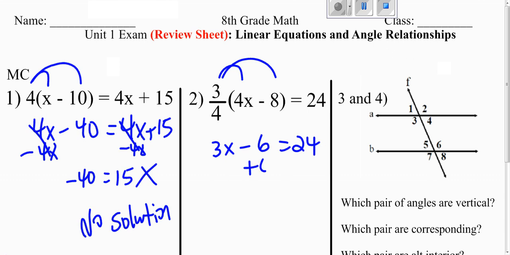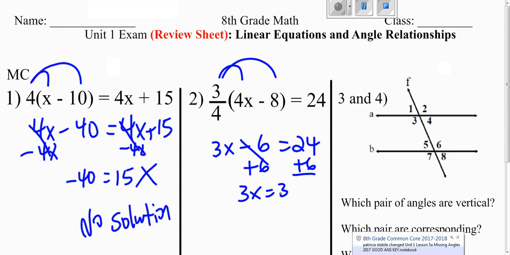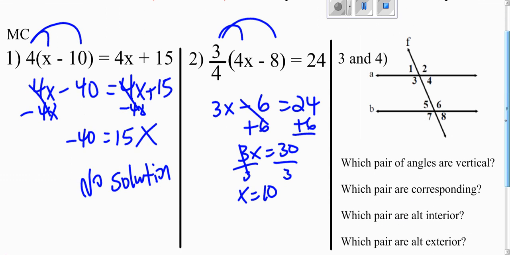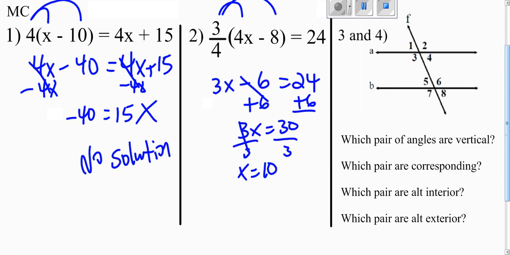And now it's just a two-step equation. Add 6 to both sides. 3x equals 30. Now divide both sides by 3. X equals 10. 3 and 4 is just asking about the parallel lines cut by a transversal and the angle